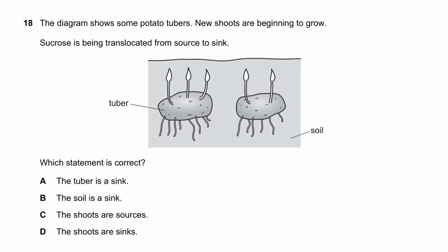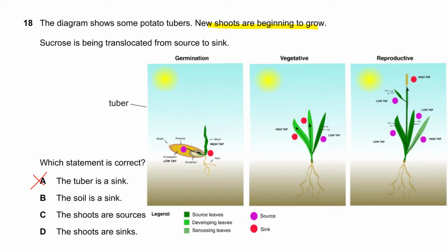Question 18 says the diagram shows some potato tubers. New shoots are beginning to grow. Sucrose is being translocated from source to sink. Which statement is correct? Option A says the tuber is a sink. This is wrong because the tuber in this case is a source, since the shoots are just beginning to grow and the leaves are not above the soil yet, so they're not getting any light to photosynthesize and produce food